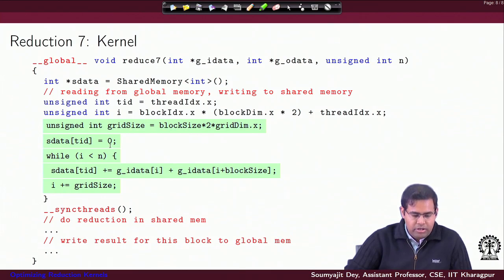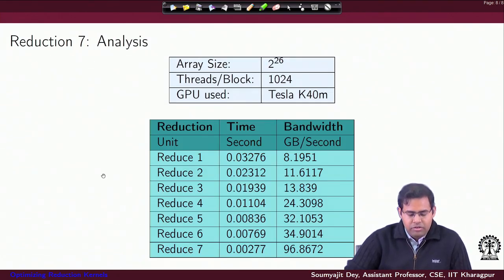If you start here with a thread TID, then you compute for this thread what the global data is that it is going to bring, the data plus its block size, and then you make it work for some more iterations with respect to the grid size, right. Instead of doing only one addition, you make it do multiple additions here, and with that you increase the amount of per thread activity, and that would give you further reduction by this step.